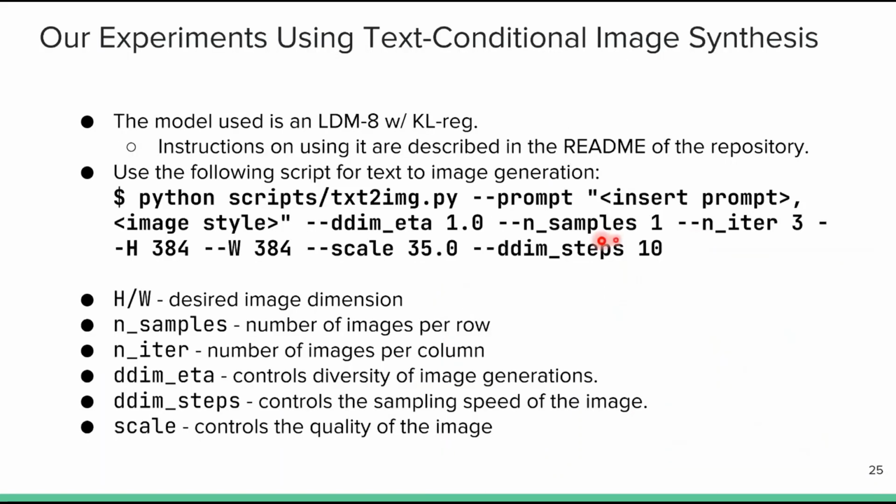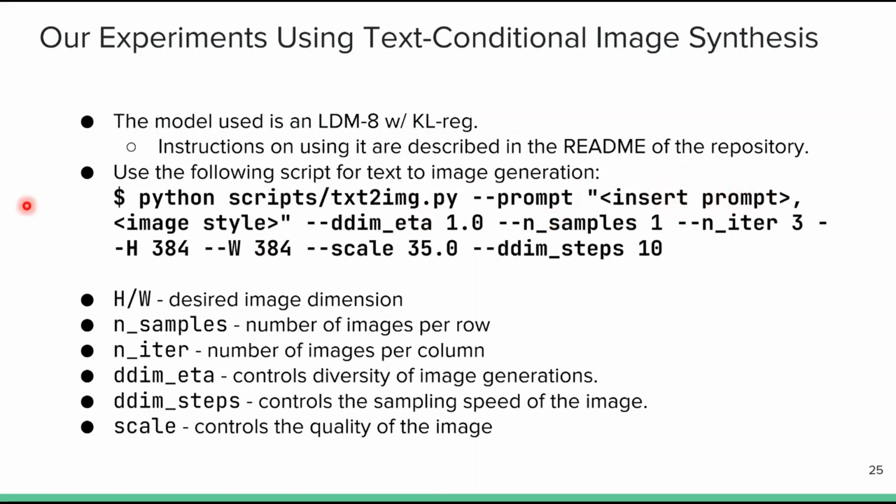So we actually conducted our own experiments for text-to-image generation. And to do this, we just followed the instructions that were located in the README of the repo. The model that they provide has a fixed set of hyperparameters. So they have an LDM8 with a KL reg, and this actually happens to be the best performing model for text-to-image synthesis. So if you're interested in doing this, you can just use the script right here, replace this with your desired prompt,